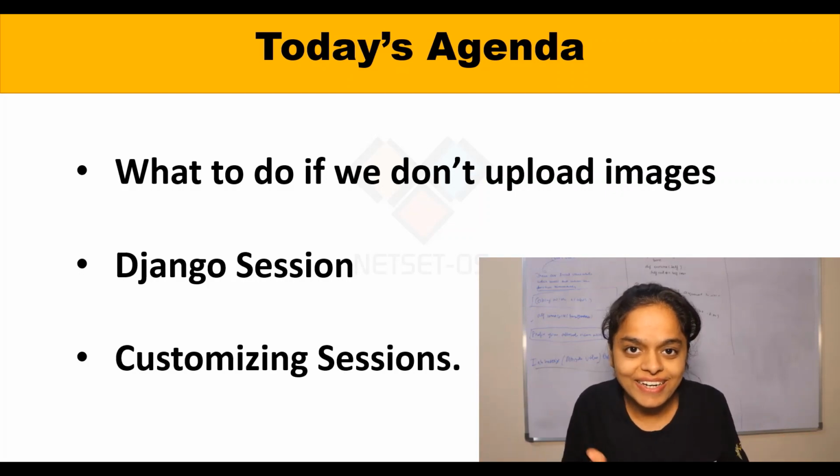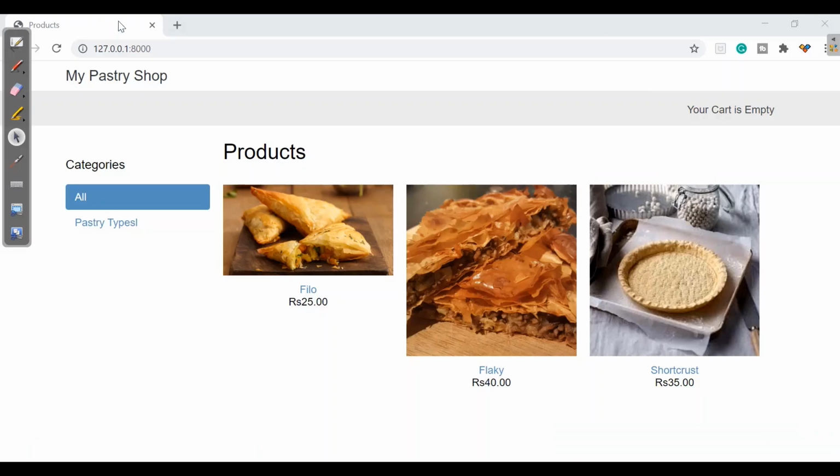Let's get started. In the last video, we have seen such a page. Now what if I don't find this image, or if I give the wrong path, or it doesn't find the path? Here, if it does not detect the image path, instead of showing an error on the page, it should show no image. We'll go to PyCharm.